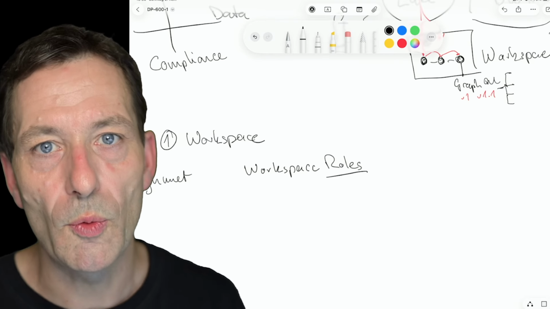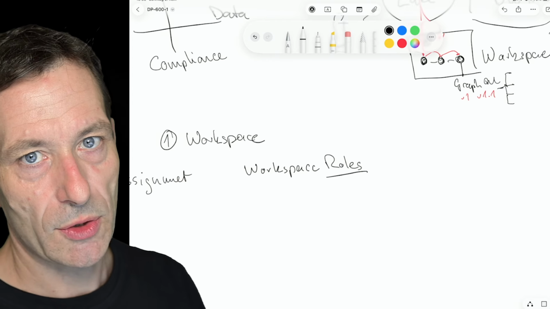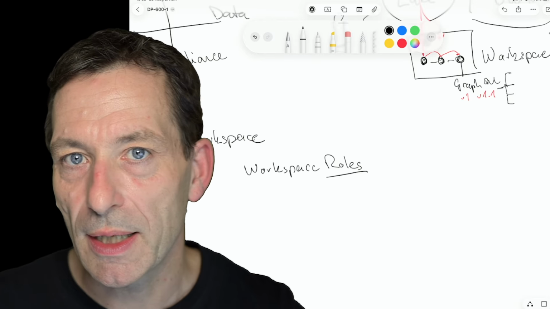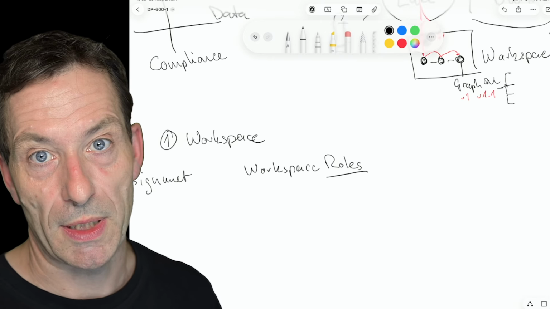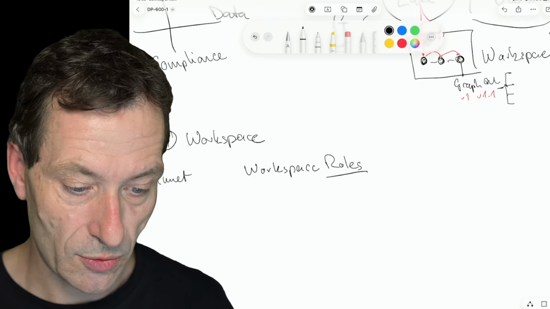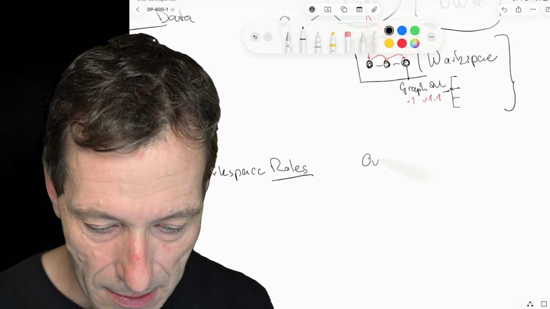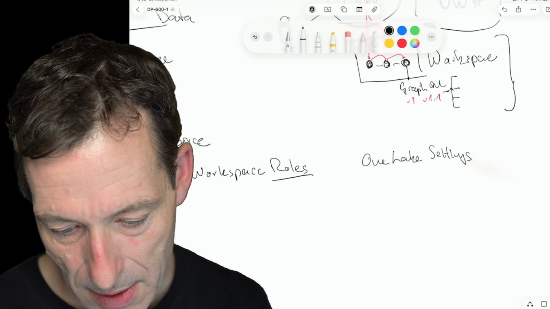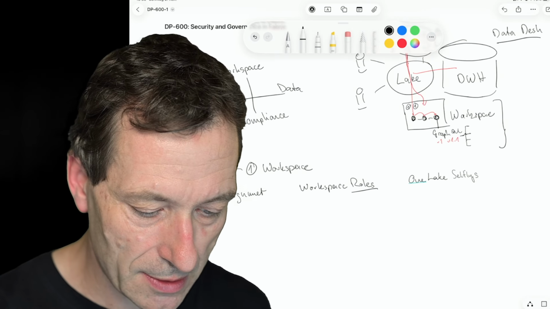This is about the workspace. This is not about the API. So you will most probably have different permissions in the API, where you give data out, than inside of the workspace. So not everybody who has access to the API will have access to your workspace. And then you have some OneLake settings that you can configure also in that workspace layer. So this is a workspace layer